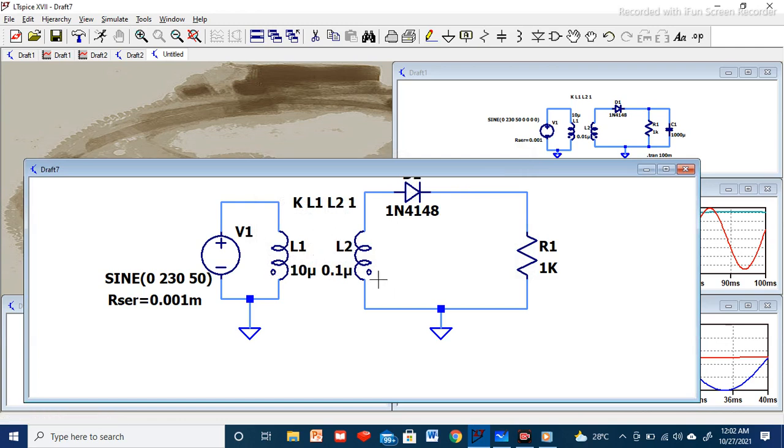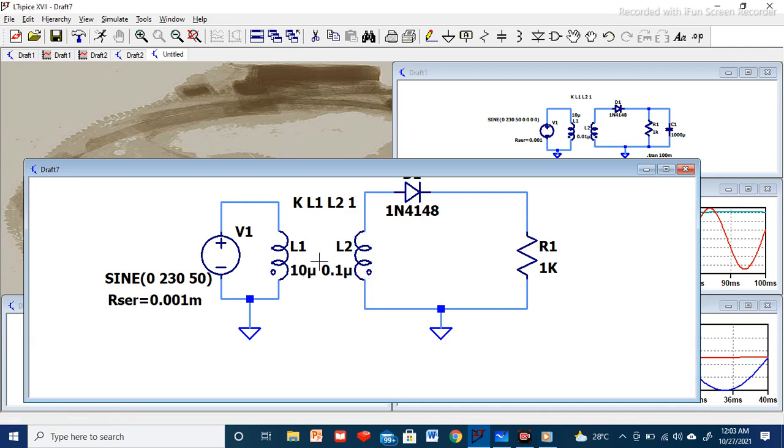Then we'll be seeing the dots. If your dot is upside, then you have to define it as -1. It means you have not taken a mirror image of this. You have just rotated the L2. Either we can rotate this L1 and fix it here, or we can take the mirror image of this inductor. If we take the mirror image, then you can see when you are defining the 1, both the dots are here, downside. If dot is upside, we have to define 1 as -1. Then the circuit will work. Otherwise you will be getting the negative waveform.